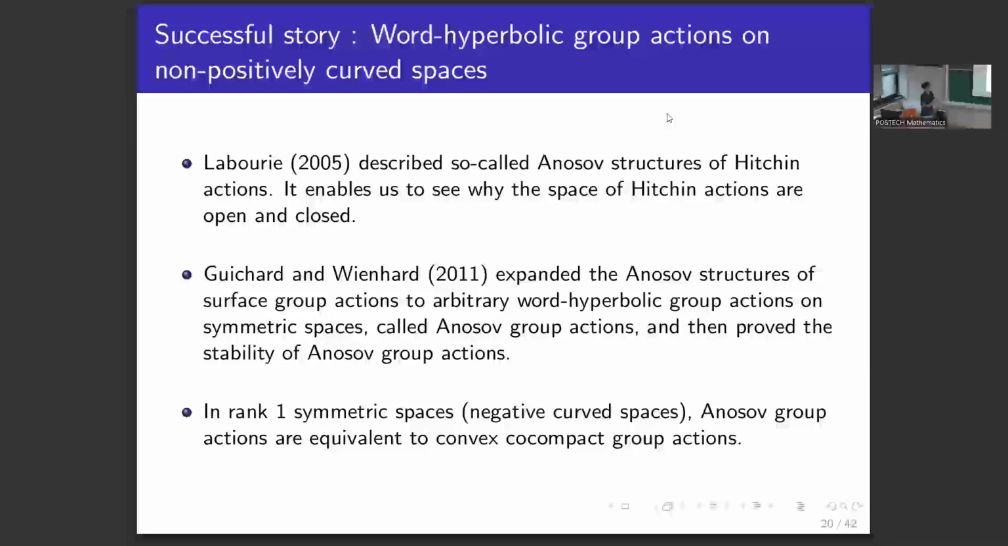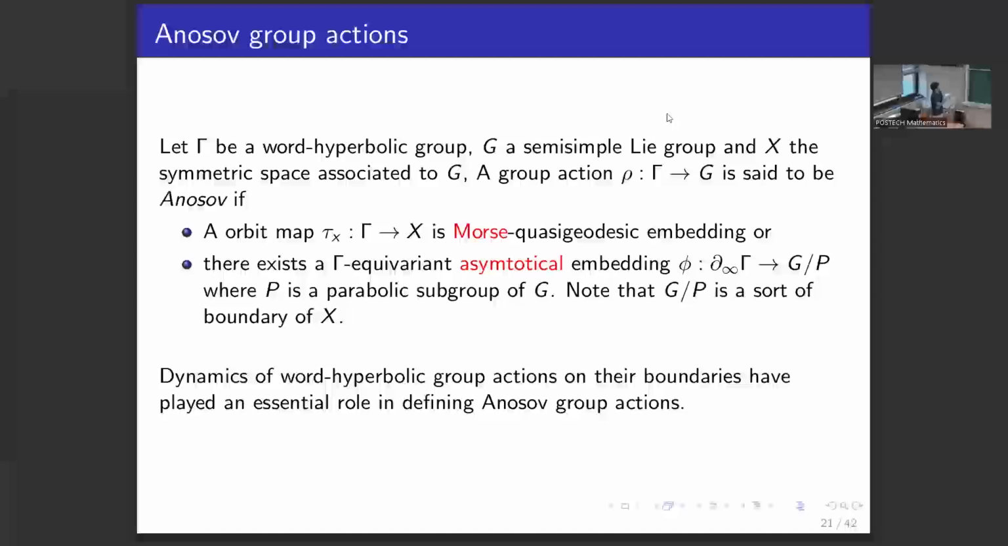And also he interpreted the Hitchin action in terms of some contracting, expanding property on the flag bundle over the surface. Okay, so here I just mentioned what the Anosov group actions are. Here gamma must be the word hyperbolic group, G is a semi-simple Lie group and X is the associated symmetric space. Then the group action is Anosov if the orbit map,